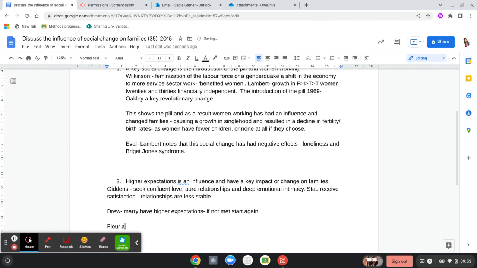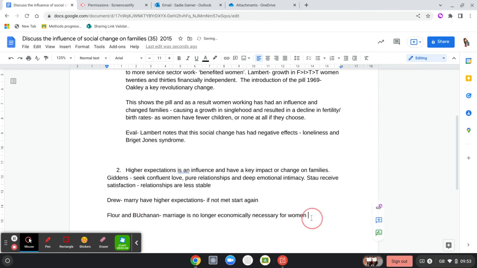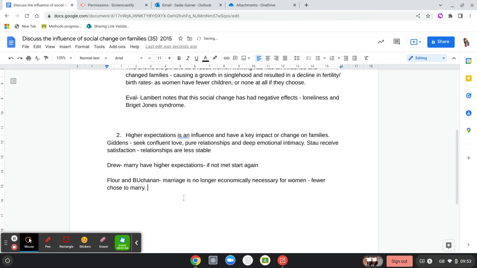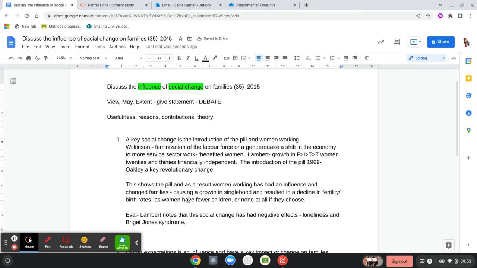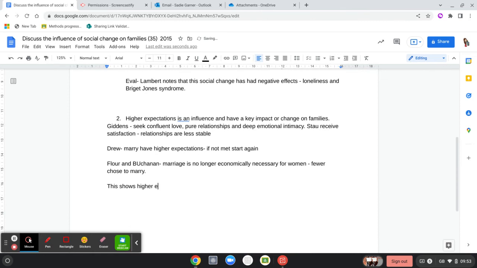And largely just to add a third, for Flora and Bee Canon, marriage is no longer economically necessary for women. Therefore, fewer choose to marry. No longer needed. So those three. I'm not going to touch on divorce because I'm going to do divorce in another paragraph. So I'm trying to just do higher expectations. So this shows that higher expectations